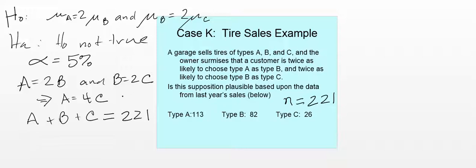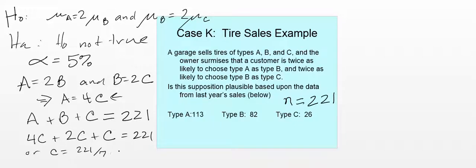Using these relationships, I'm going to put 4C for A and 2C for B and C to get 221, or C is equal to 221 divided by 7,